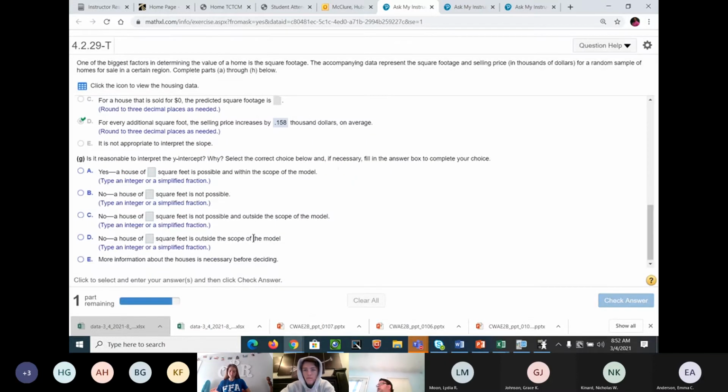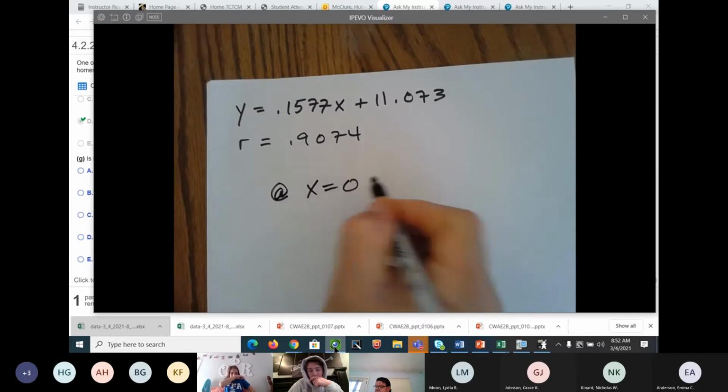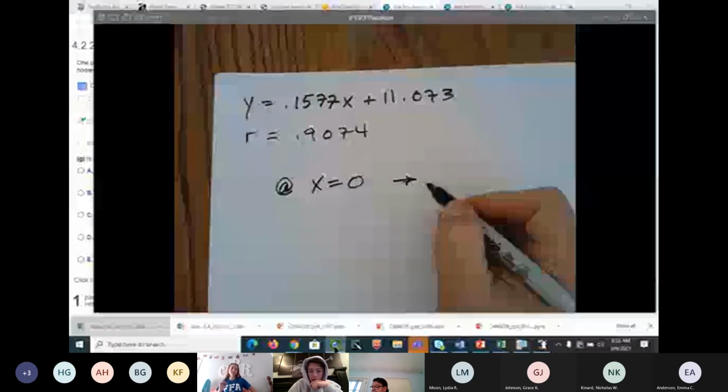Oh my God. This is not a test question. When it gets up to D and E and F, you can write it off as a test question. I'm not putting that on the test. Is it reasonable to interpret the Y-intercept? Well, the Y-intercept is what? At x is equal to 0, we get